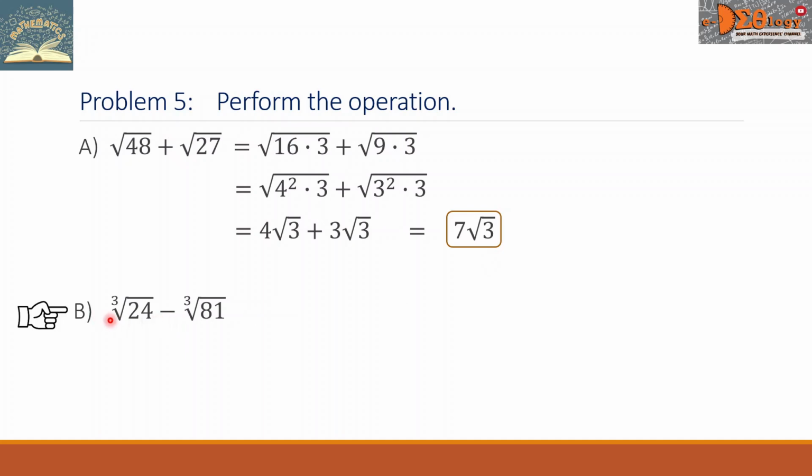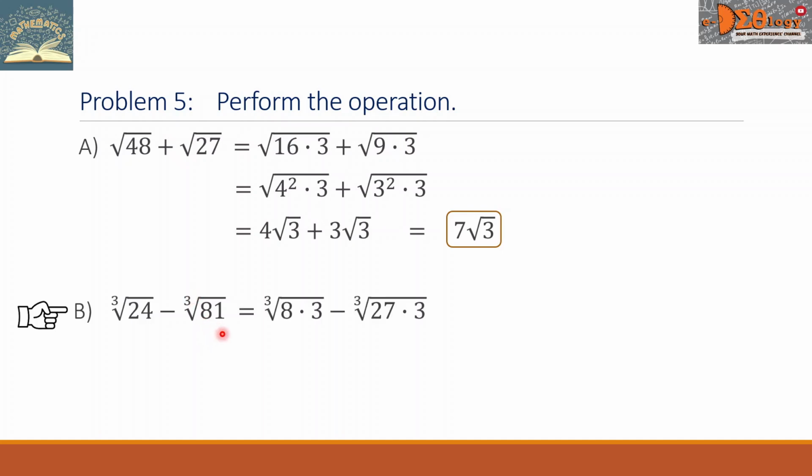Problem B. Cube root of 24 minus the cube root of 81. The radicands are not equal. Also, the radicands are not perfect cube numbers. So we're going to factor out 24 and 81 respectively, such that one of the factors must be a perfect